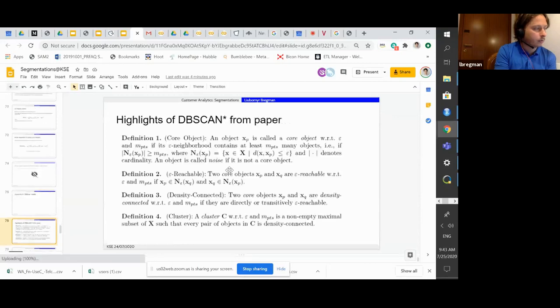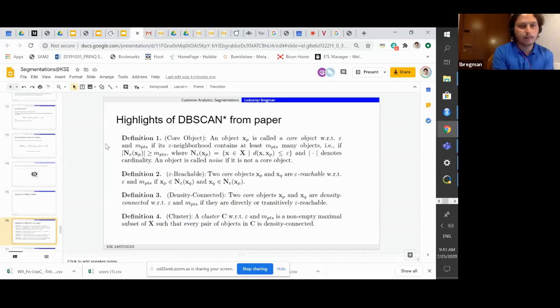It also has a more detailed explanation about the algorithmic steps and the definition of DBScan. There is a whole area where we structure the different types of dots, or customers, in HDBScan.